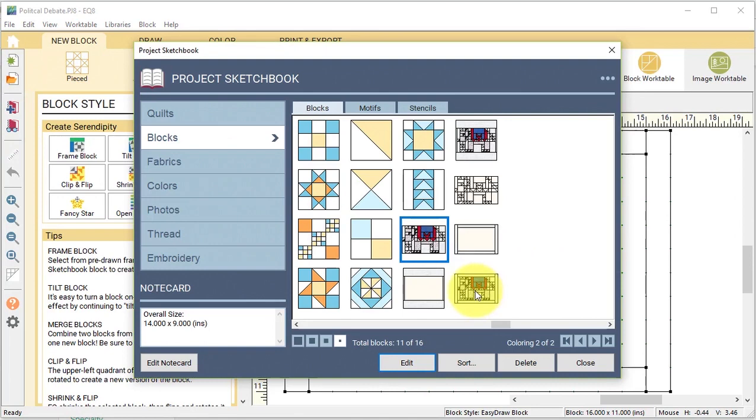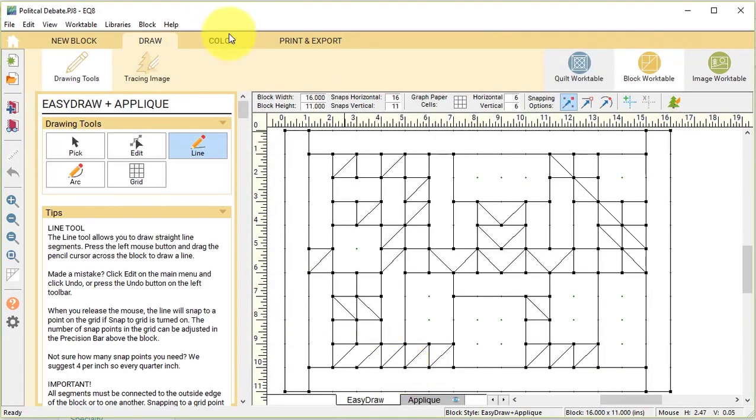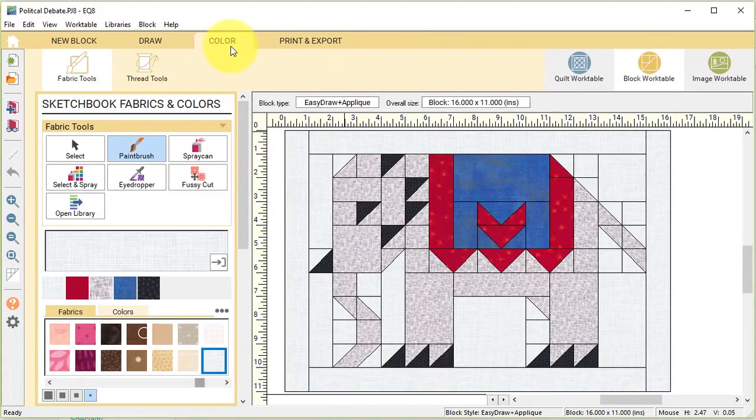Now when I view my project sketchbook, I can take that last block and select Edit, and everything is perfectly sized and now fit into a larger size block. And this is a really useful technique if you're trying to get your blocks to fit with other blocks in